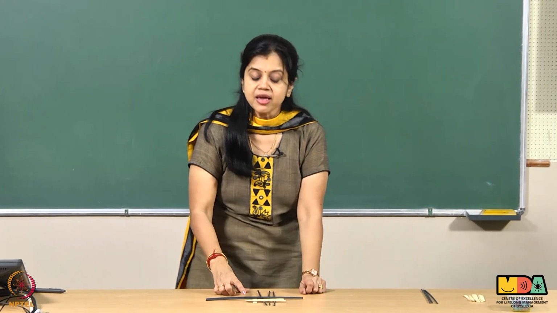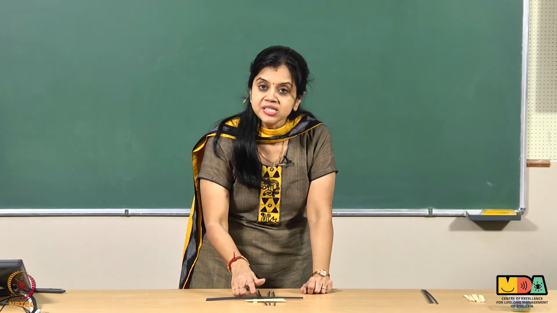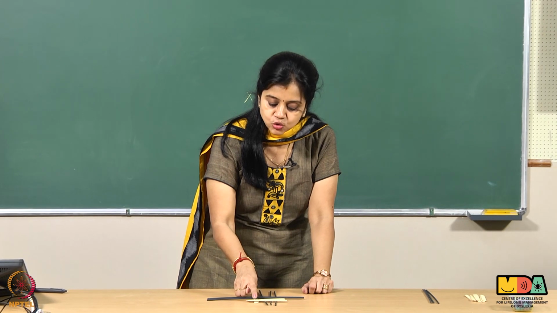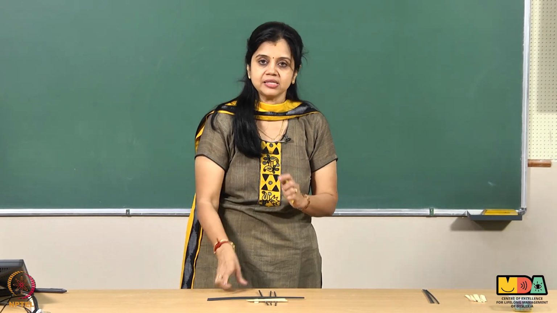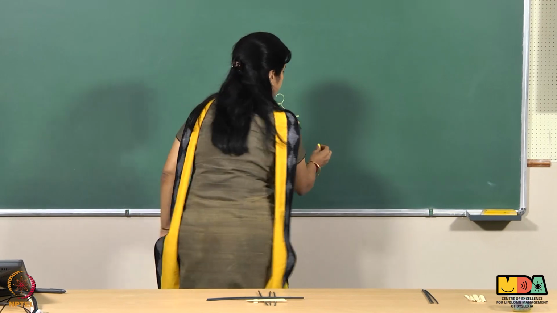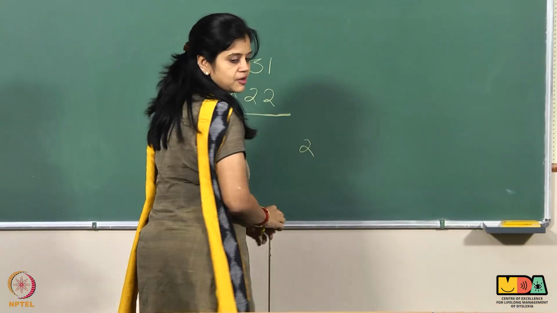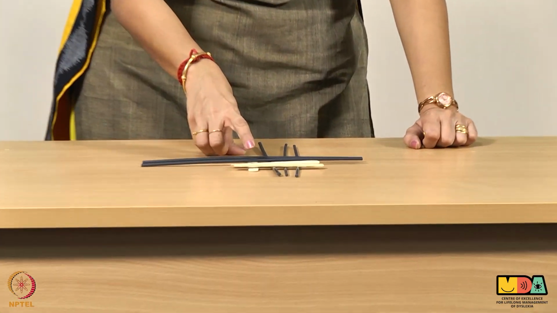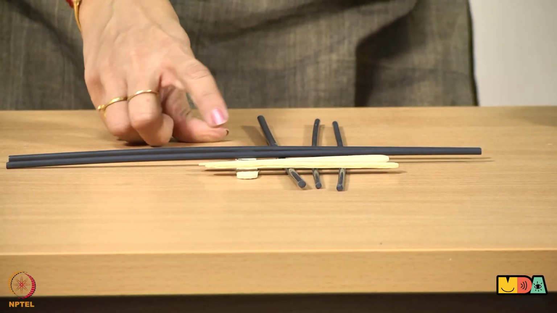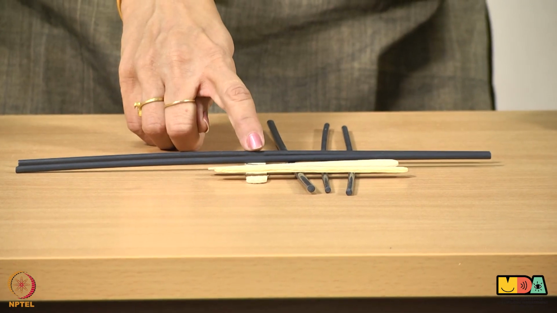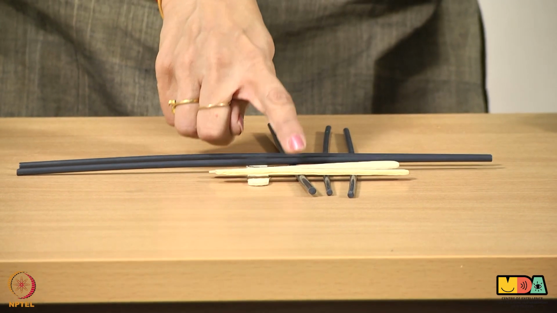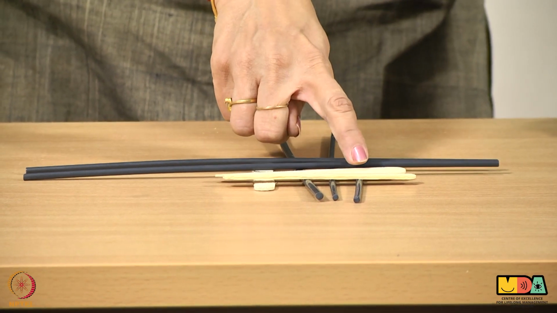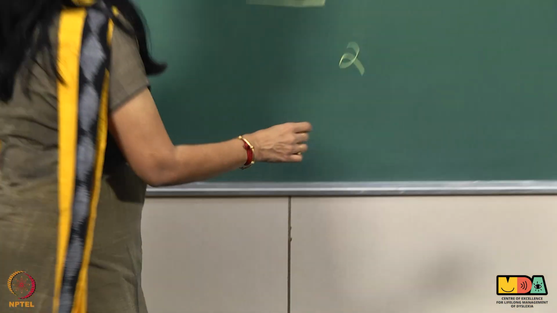Now, make them count where units intersect units. So, it is 1 and 2. They intersect in 2 places. So, 2 is the final number that they will write here. Now, what they need to do is they need to count the number of places where units and tens intersect each other. That will be 1, 2, 3, 4, 5, 6, 7 and 8. So, they need to write 8 here,